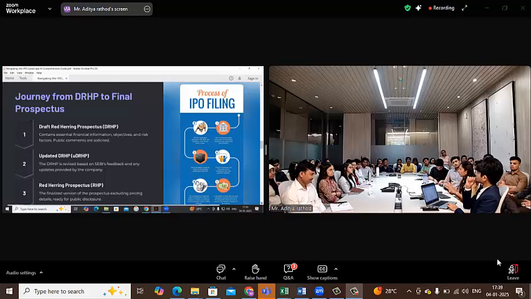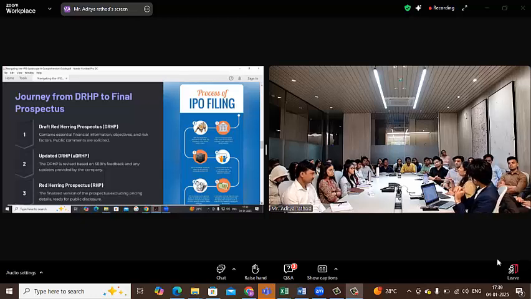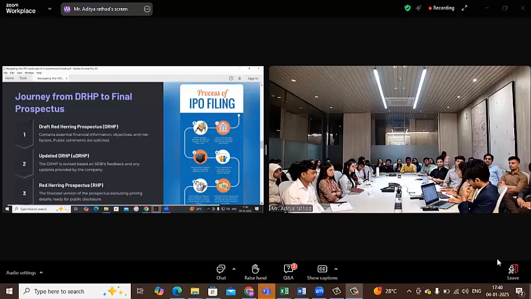Basically, it's the DRHP only, the draft red herring prospectus. UDRHP is the updated DRHP. In that, whatever information they've already given, the new numbers are added as an additional column. If there are any material developments, any new event in the company, all that is disclosed. Sometimes some additional things that SEBI asked the company are also added as part of UDRHP. There may be a few sections which were not disclosed, and SEBI asks, you have not disclosed this, please disclose.